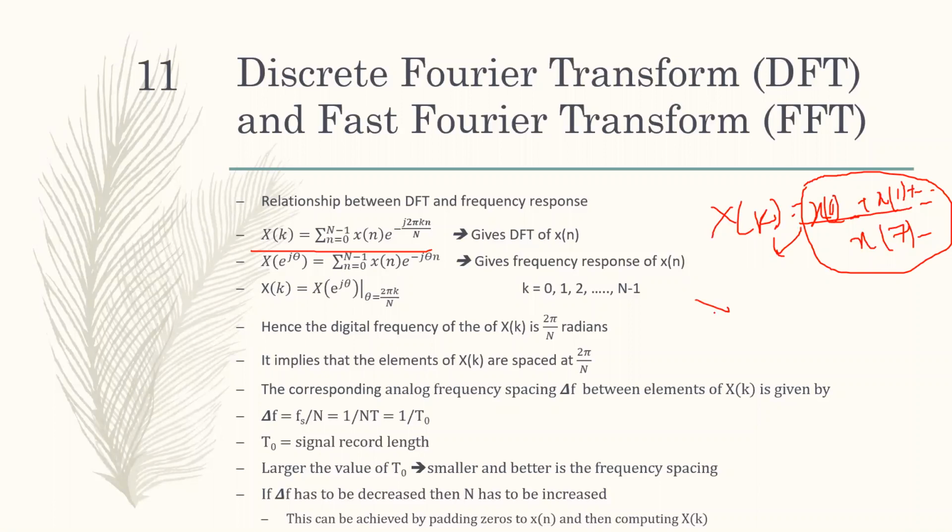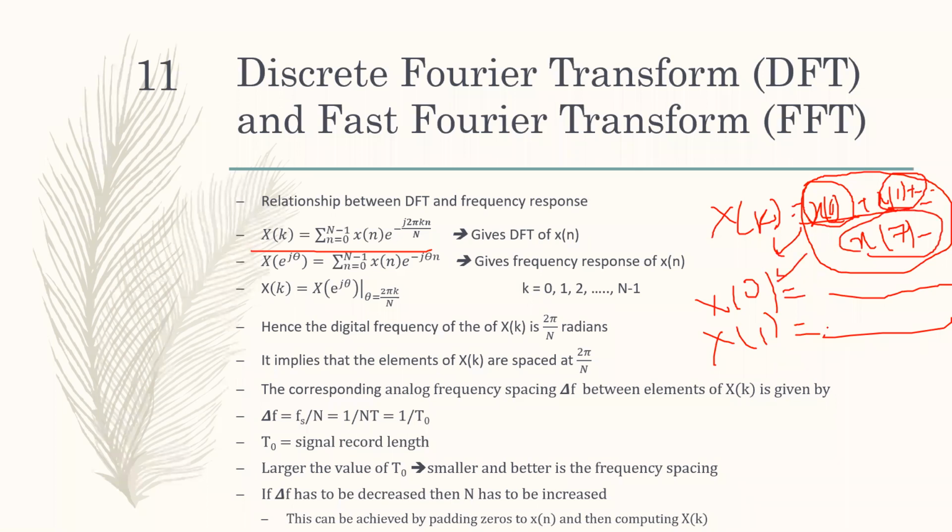So what you have to do is estimate x of 0 with all these 8 multiplications, x of 1 with all these 8 multiplications which are involved. So one multiplication with x of 0, one multiplication with x of 1, so on up to x of 7. So that is for the first sequence. Similarly for the next one, again x of 0 multiplication, then x of 1 multiplication, so on up to x of 7. So another 8 comes over here.